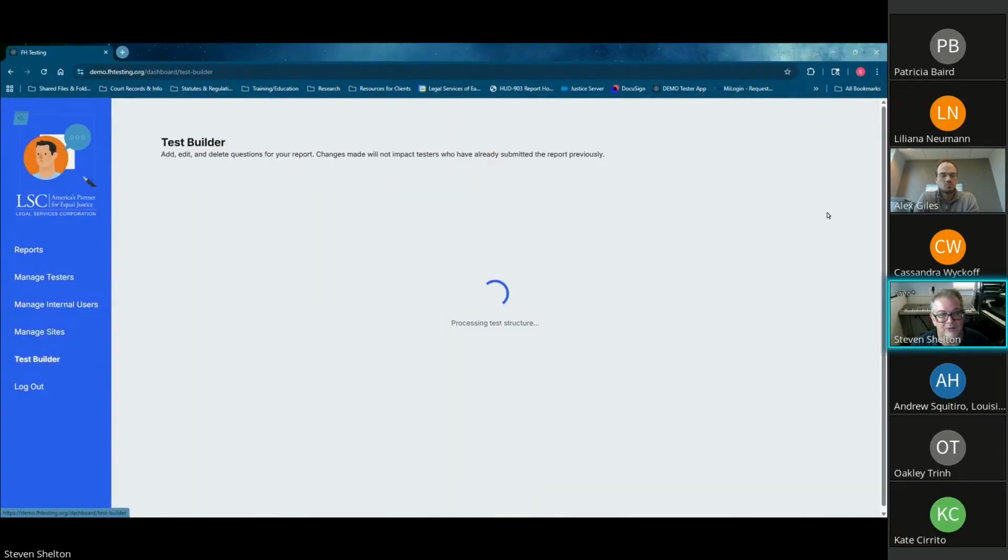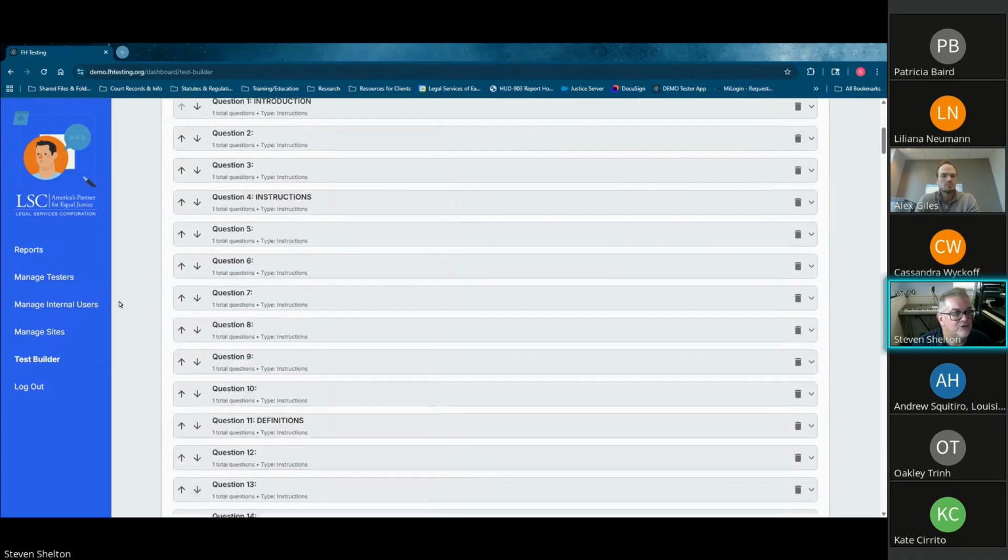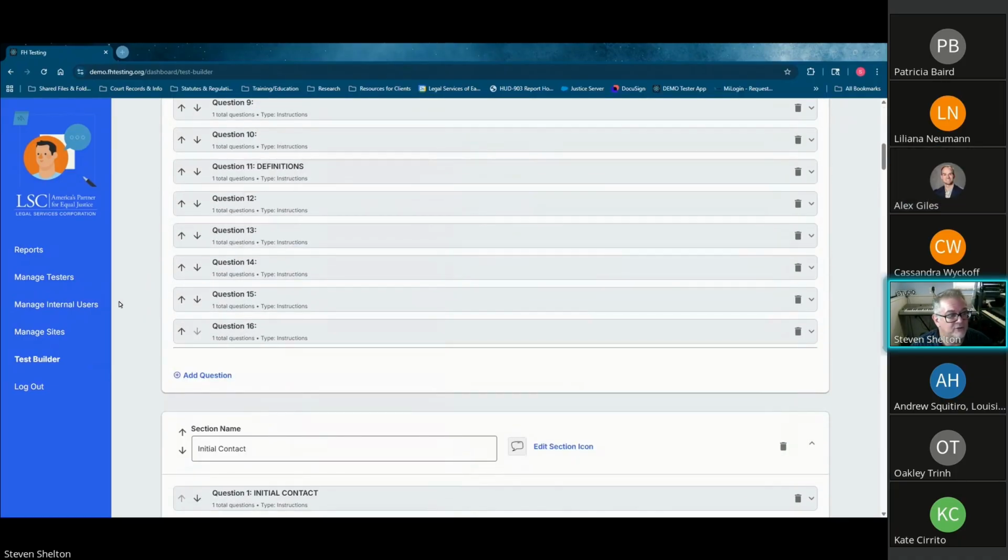I can show you both what it looks like on your end as the person designing the test, and what it looks like as the end user. So I'm going to show you what it looks like on your end first, as the person doing the test build. Let's say your tester got an email back and saved it as a PDF, or they were given a brochure and scanned it in, or they recorded the phone call and you've got an audio file. What you can do is tell it that you want it to